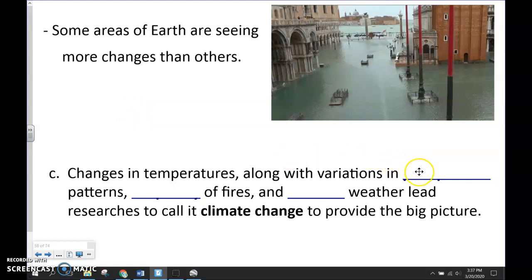We are not only seeing changes in temperature, but we're also seeing changes in precipitation pattern. Some areas getting more rain than others. Other areas seeing drought more often than they have in the past. We've seen increased frequency of fires. You're going to read an article about what's happening in Australia. How do we see forest fires? Yes. Have we seen increases in them? Yes. Okay. Also increases in extreme weather. So we're going to talk all about these as we go through this section. Okay.